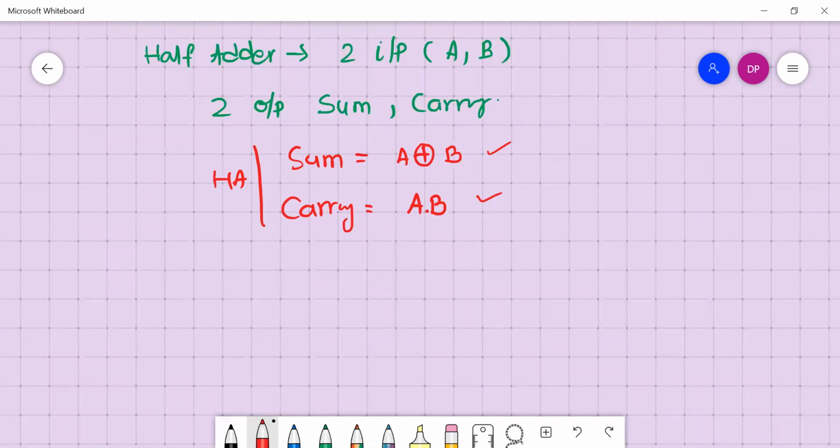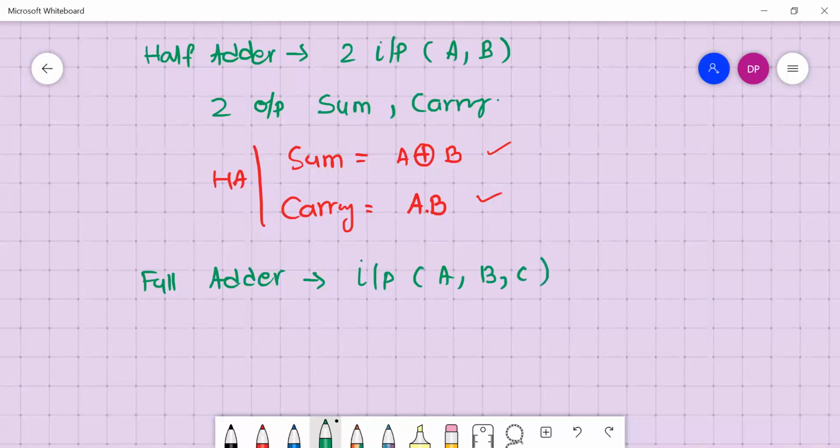So how to design a full adder? Let's write for full adder what expression we got. Full adder we got inputs. How many inputs are there? A, B, and C. Okay, three inputs, or we have taken it as C in, right?